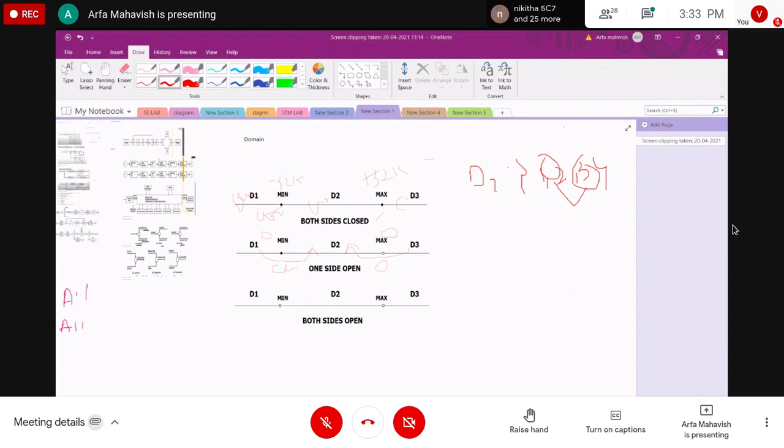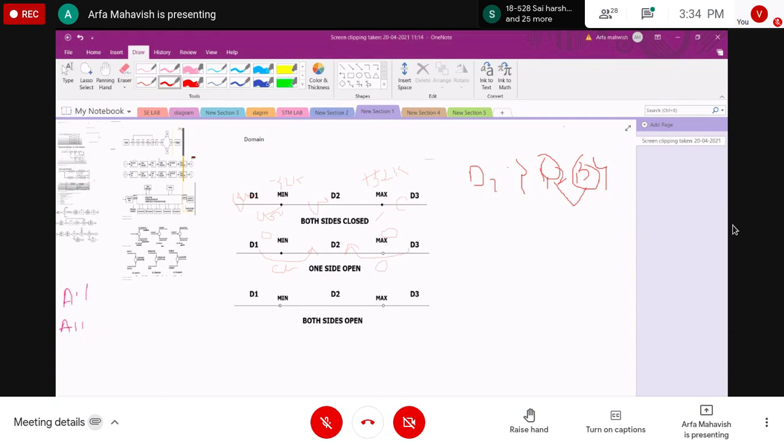Every input variable adds one dimension to the domain: one variable defines a number line, two variables define a plane, and three variables define a solid domain.